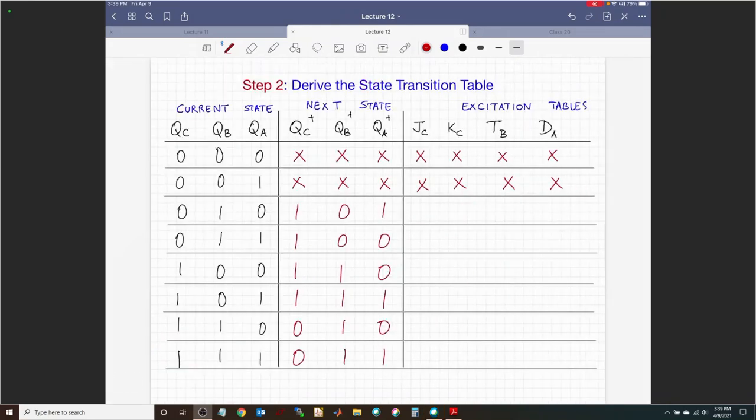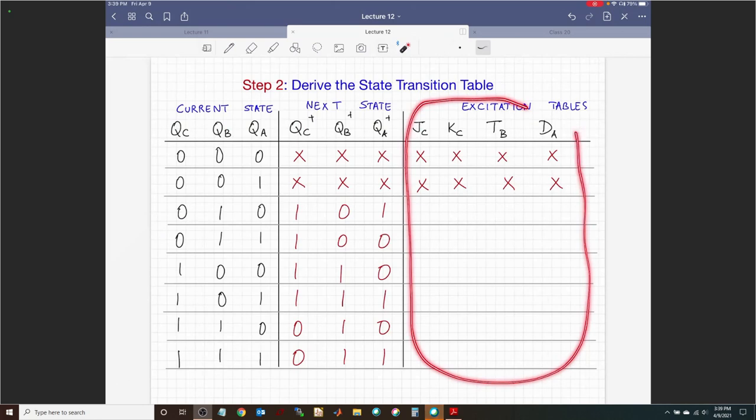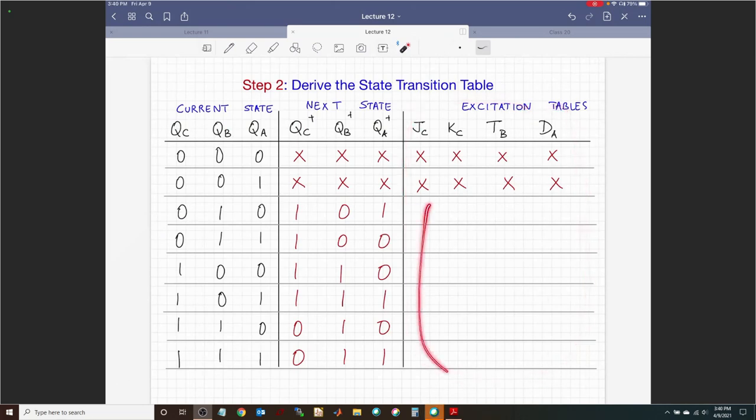You guys okay with filling up the current state and the next state table? The first 6 columns are okay. Yeah? Yes. Now we are going to take a look at the excitation tables of these 3 flip-flops to fill out all the others. So let's take a look. In order for me to come up with